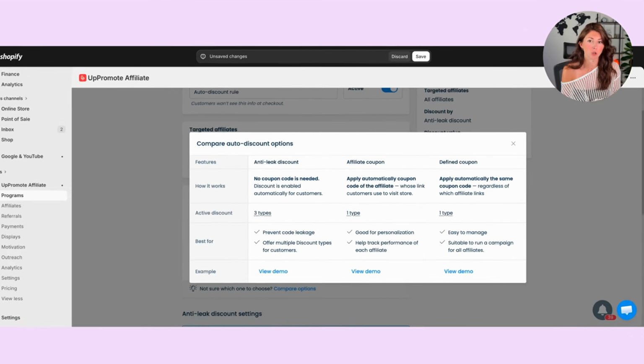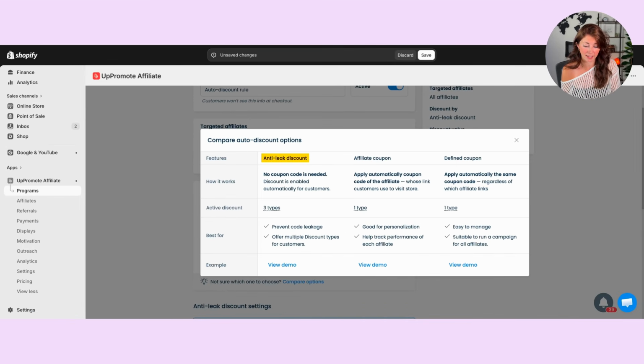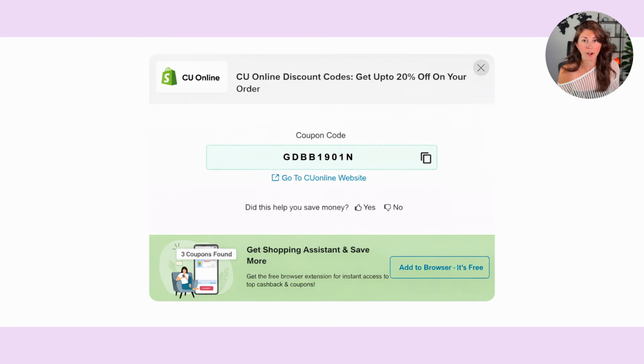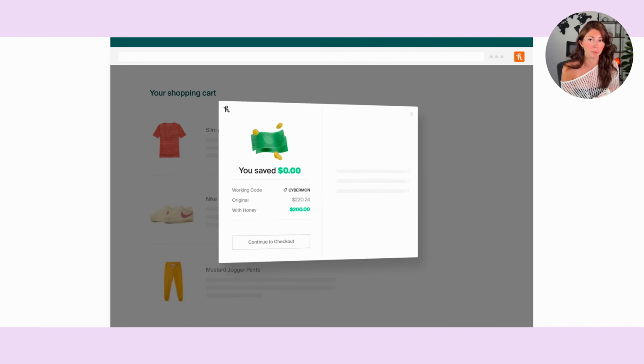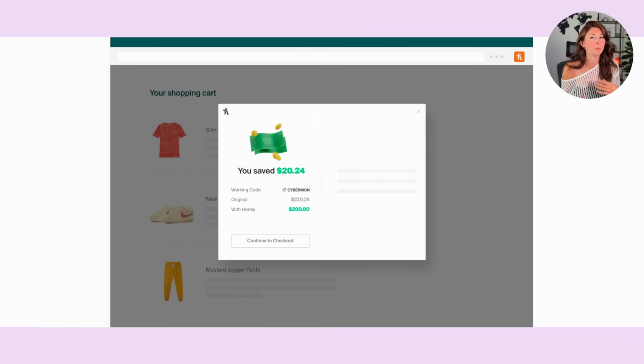But again, on my new store, I am using this anti-leak discount and I think it is amazing because it gives this discount to the affiliates' customers, but no coupon code is needed. Because what can happen and what has happened to me is people just start posting this link everywhere. They post it to coupon sites. They post it to things like Honey, which auto discounts for people,